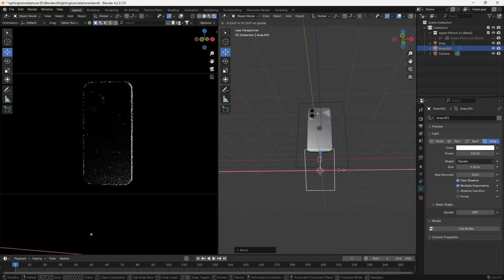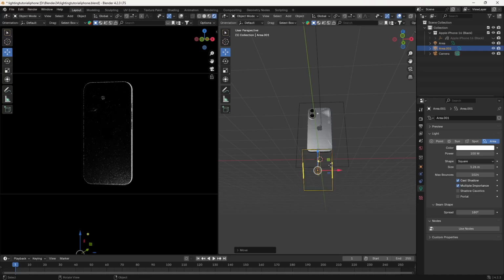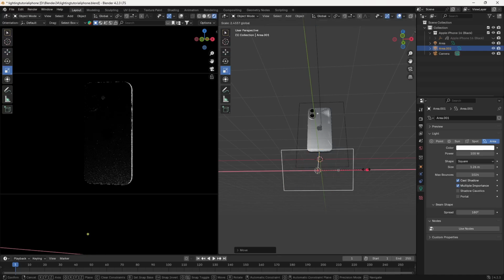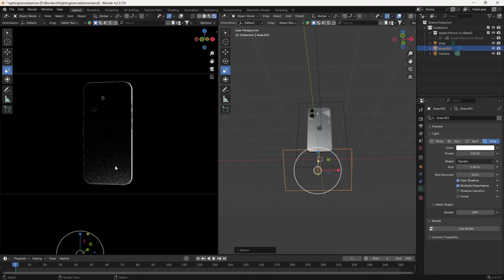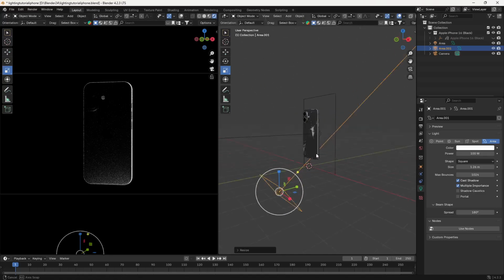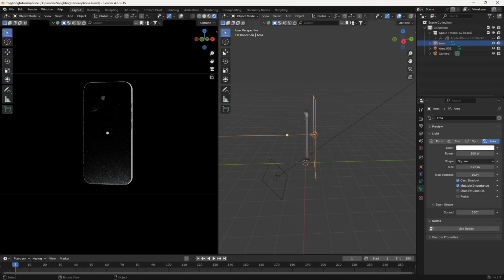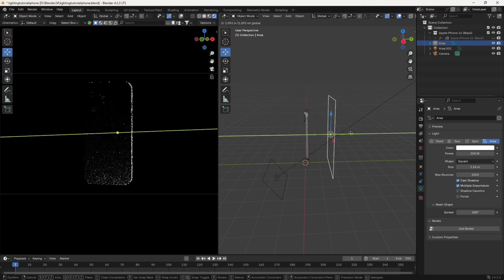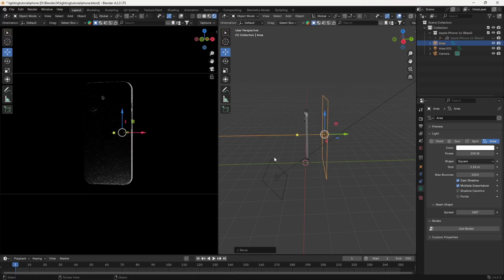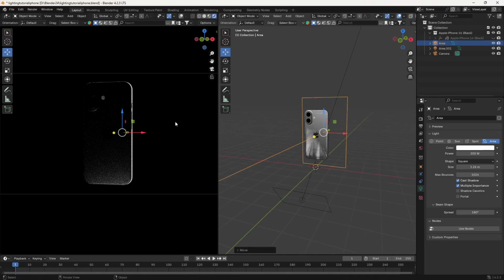Okay, and now what you can do is move it here, press the scale button and make sure that it is something like this, so it's covered here as well. And now you can see the result here. If you want, you can move this backwards as well, so you get some lighting only on the one side here. You can do all this stuff here, and now you can see the result here as well.